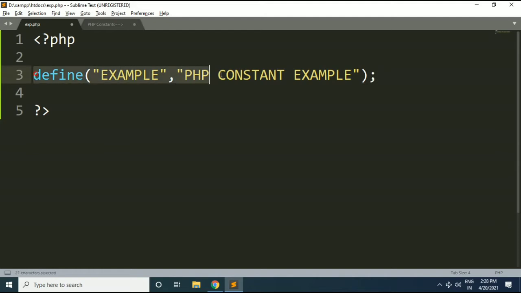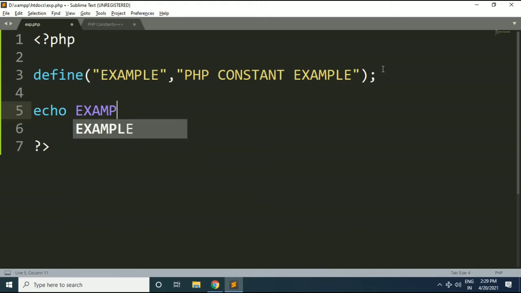So friends, in this statement we have defined the constant having name EXAMPLE and value PHP constant example. Now we can simply access this constant using the echo statement like this, echo, and I will write the name of my constant.